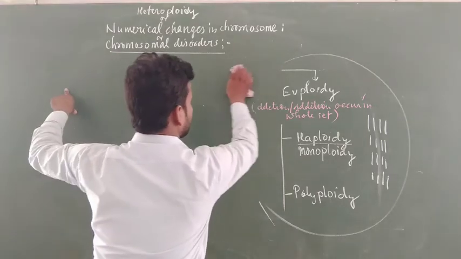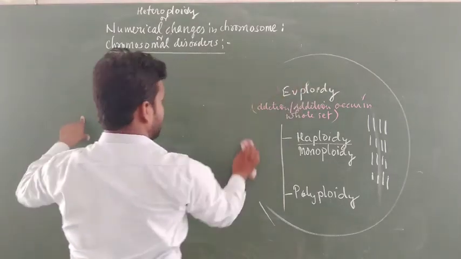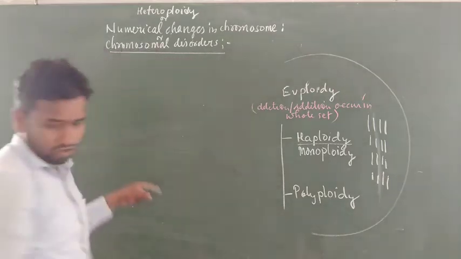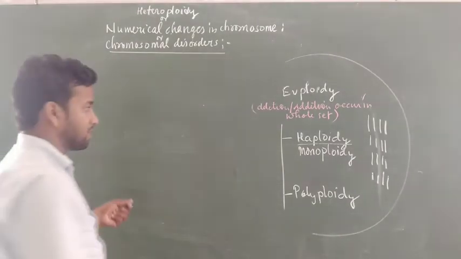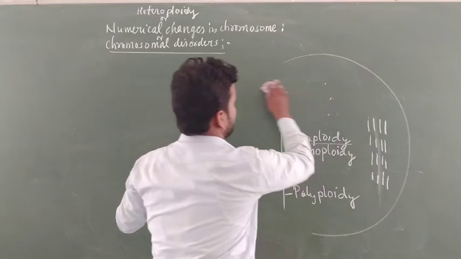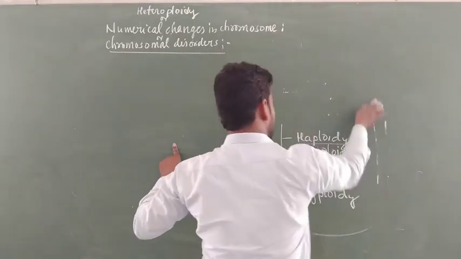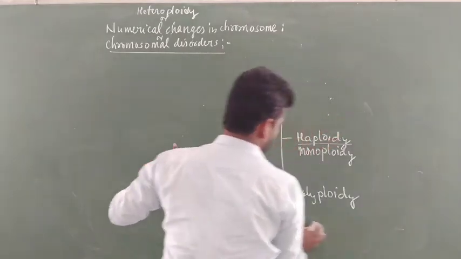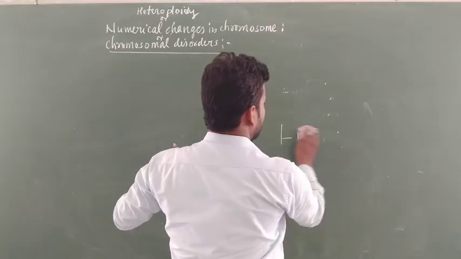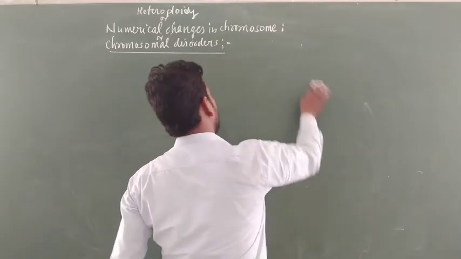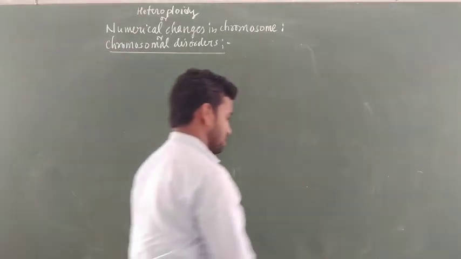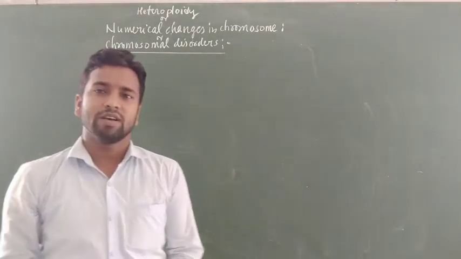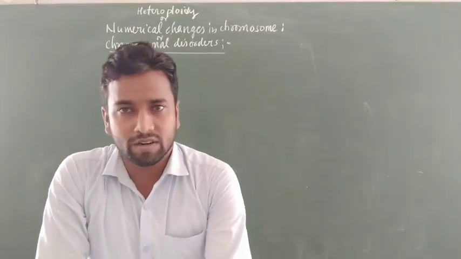One question is asked: what is a triploid condition? What is a tetraploid condition? This question is asked many times in your examinations. Also, many experimental designs put forward in euploidy are a part of NEET, but not a part of the 12th standard board examination. What is autopolyploid, autotetraploid? This type of question is asked in medical examinations, but not in the board.